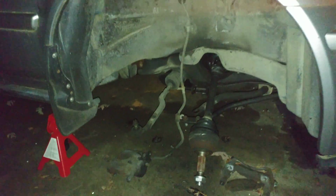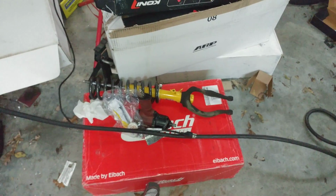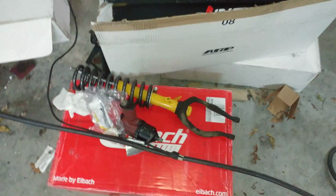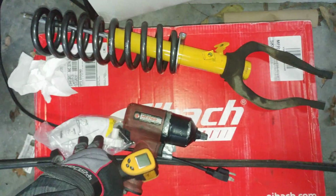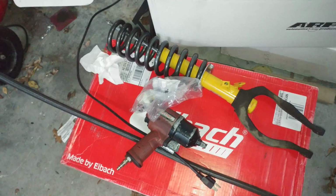Trying to take it up to Vigor December 1st, and here it is, the 17th of November. So as you see, I don't have any strut, any lower control arm, nothing. That good stuff is here. I got Eibach Pro springs and Koni Yellow Sport struts. I have everything except for bump stops. So I'm waiting for Acura to send me the bump stops, as well as the